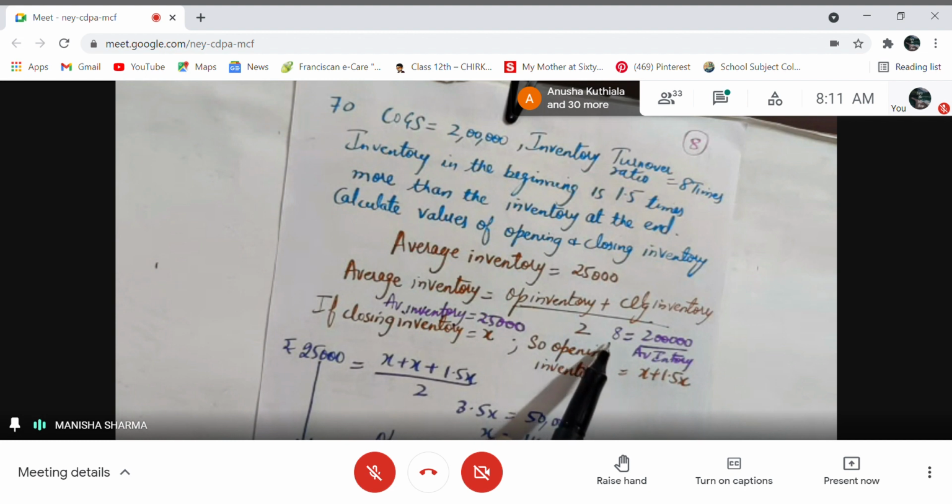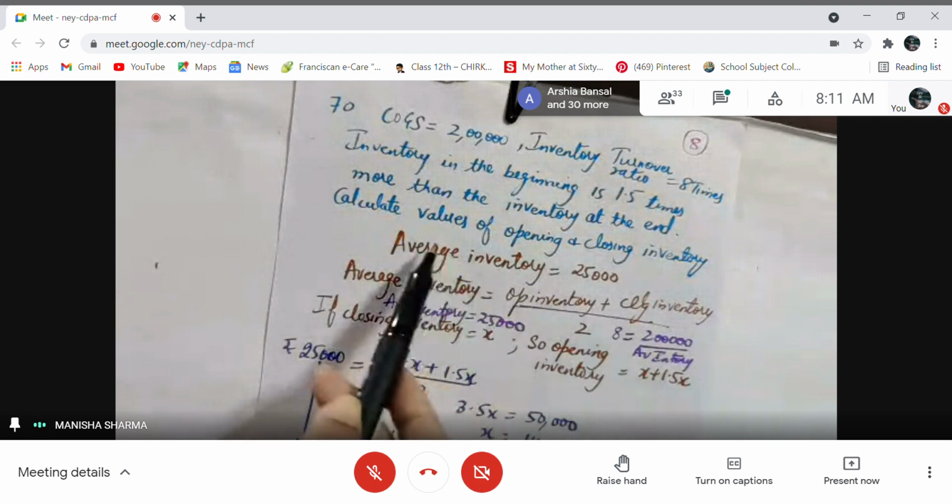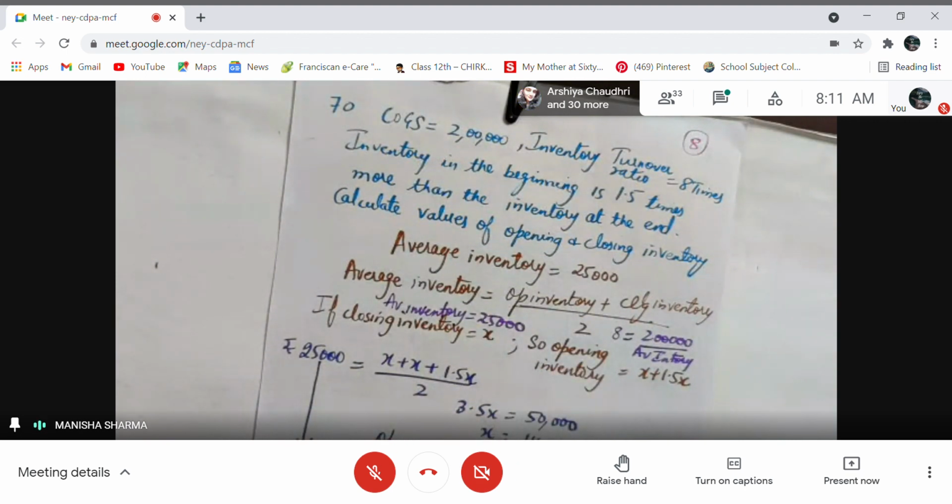Inventory turnover ratio is given as 8, COGS is given as 2 lakhs, so I can find the average inventory. Average inventory is equal to 2 lakh upon 8, which comes out to be 25,000, right? So now we have the average inventory. We know that average inventory, which has come out to be 25,000, is equal to opening inventory plus closing inventory